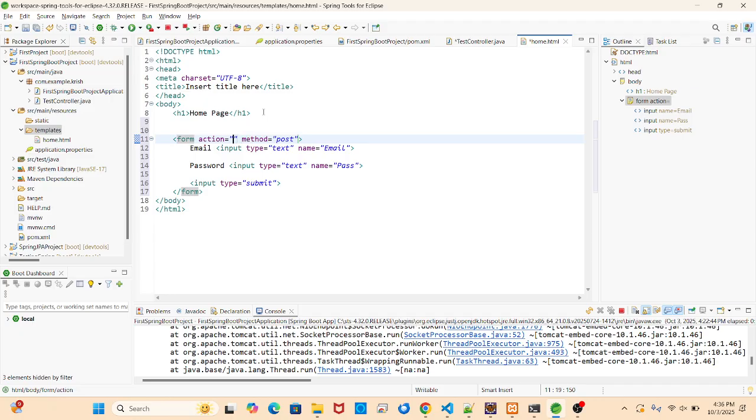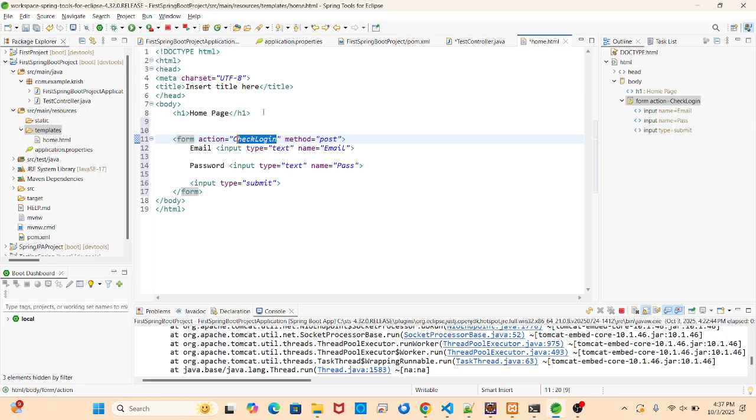Action, let's say checklogin. Correct. Checklogin. I just need to check whether my action is submitted or not after submitting this form. The data will not go there, but I just need to check whether the form is submitting or not. In jQuery also we were checking for the event, basically whether the event is happening or not by displaying the alert.